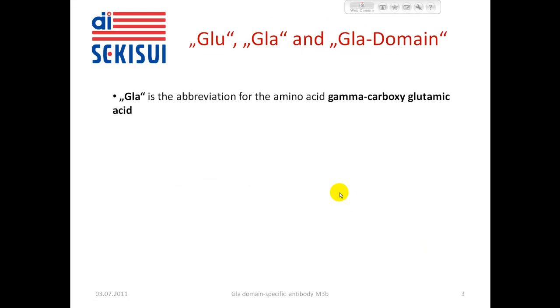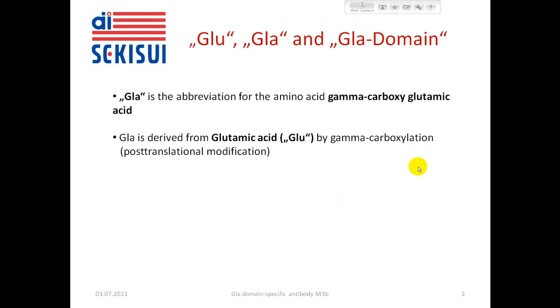Gla is the abbreviation for the amino acid gamma carboxyglutamic acid, and this amino acid is derived from glutamic acid, which is abbreviated as GLU, by a process called gamma carboxylation, and this is a post-translational modification. In other words, this happens after the protein has been synthesized, and then some GLU domains are converted to Gla